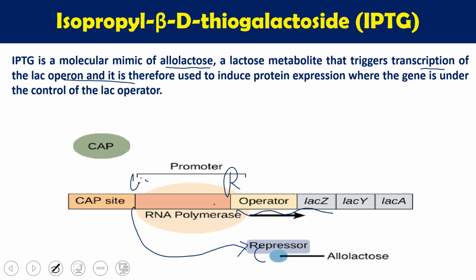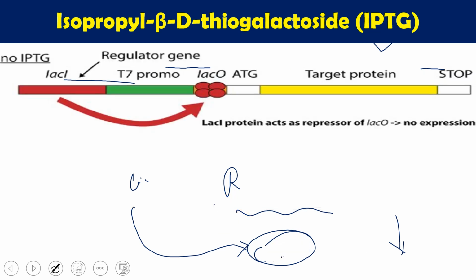So a similar function will be done here by IPTG. It means lactose is going to inhibit, block the repressor molecules, and expression occurs. So IPTG is doing the same thing, the only difference is IPTG is non-metabolized. Bacteria cannot metabolize this IPTG, so it is not going to be digested. So whatever IPTG we add, it will work only for the expression system.